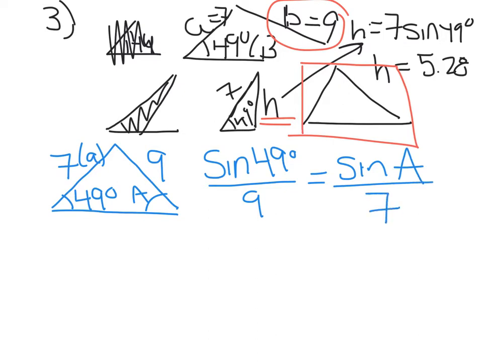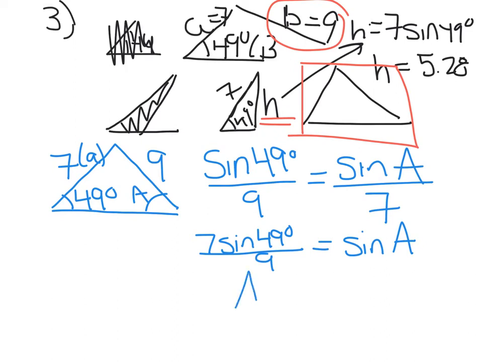So you're going to type in your calculator 7 sine 49 degrees all over 9, and you're going to arc sine it so that you can find A. Make sure you know that if you're using one of the school calculators, they're in radians, so you need to multiply your answer by 180 over pi. When you type all this in the calculator, you should get that A equals, after you arc sine it and get your answer in degrees,